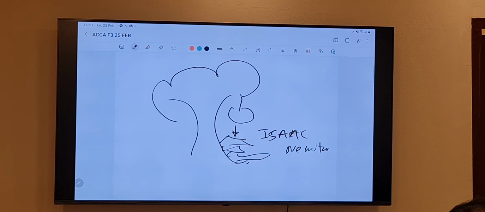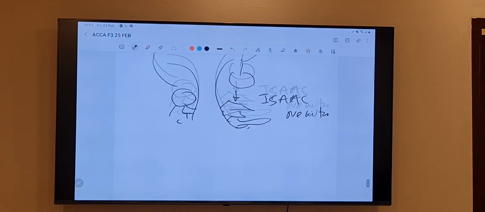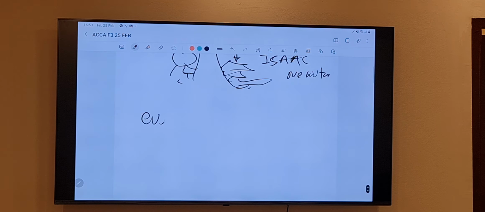He shouted. On the other side of the tree, this Mr. Luca Pacioli was there. He is overhearing what this guy is doing, watching and waiting. And when he shouted, every action has an equal and opposite reaction, then he said, aha, my cousin brother has come up with some law, I also should come up with something. What law did he come up with? Every transaction has a twofold effect.